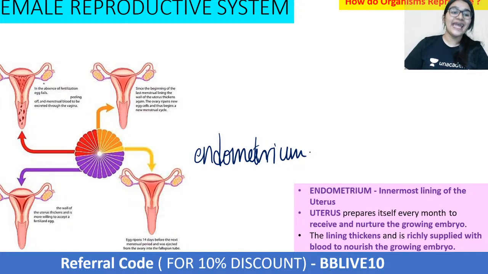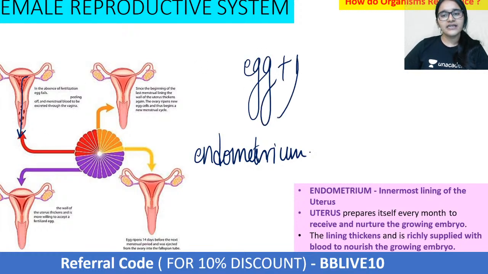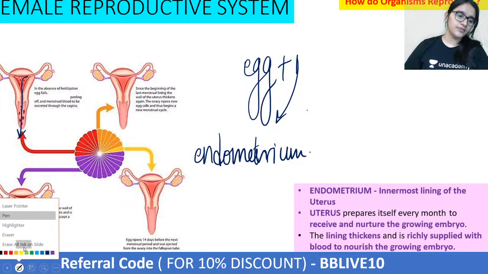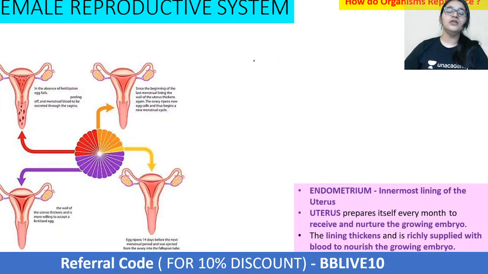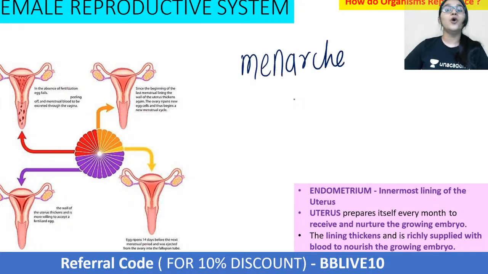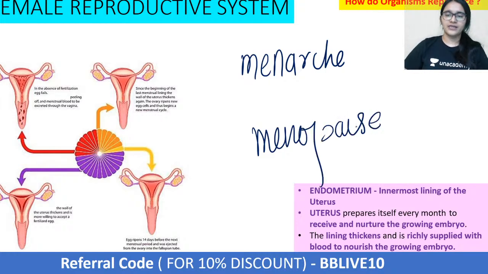So that is why the egg and the endometrium lining are shed from the vagina. Understood? When there's no fertilization, and the egg plus the endometrium lining are shed from the body, this is called menstruation. Understood? When the girl first time receives menstruation, it is called menarche, that is the onset of menstruation. And when the menstruation cycle stops, it is called menopause. Clear? Understood everybody? यहाँ तक सबको समझा?